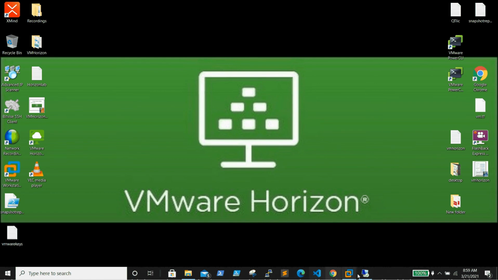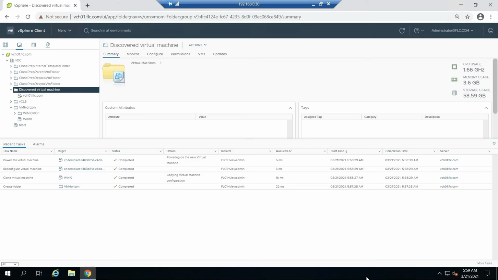Where is the vCenter? Okay. So now see, you are able to see the CP template is created and powering on the virtual machine. In the backend, it's configuring the pool, so it will take some more time to provision the VM.